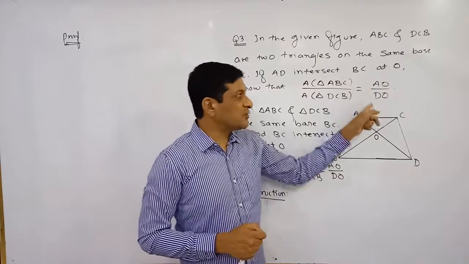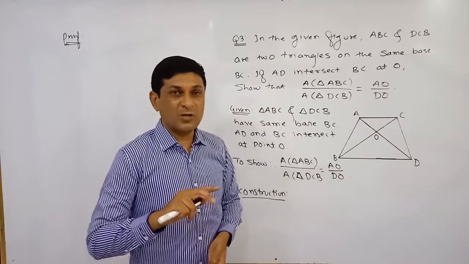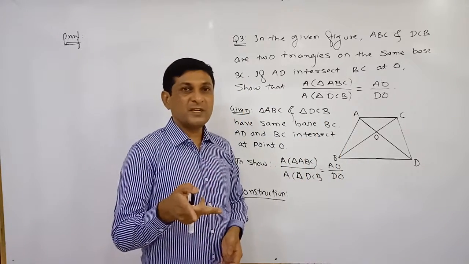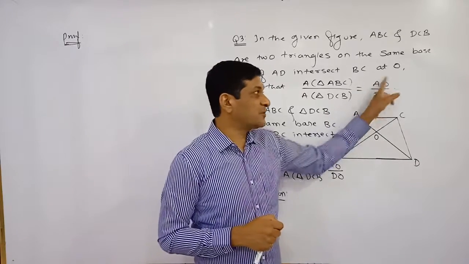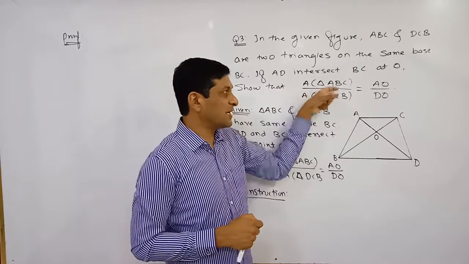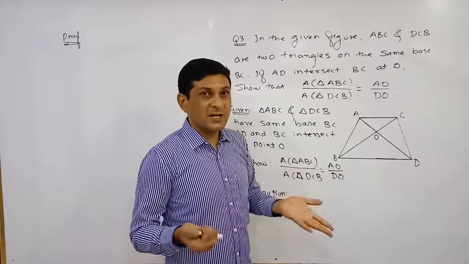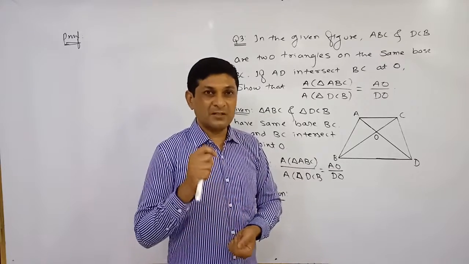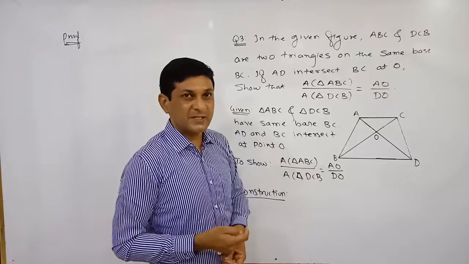On this side, the square does not appear, which means we are not able to apply the theorem of ratio of area of two similar triangles, because according to that theorem the square is there. So here the square is not there, so it is not necessary to show that these two triangles are similar. Now what is the other formula related with area of a triangle? Half base into height.